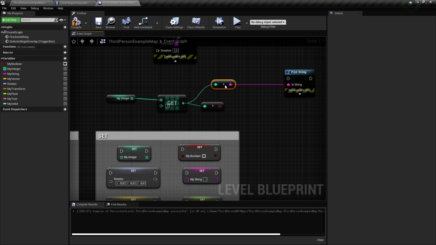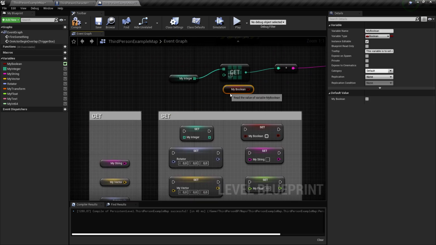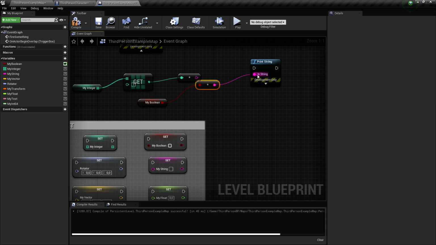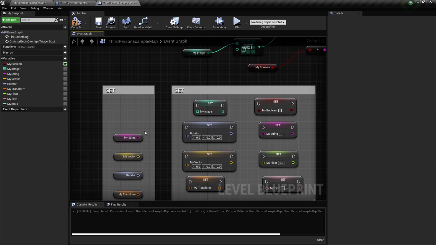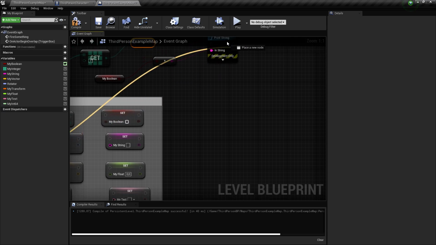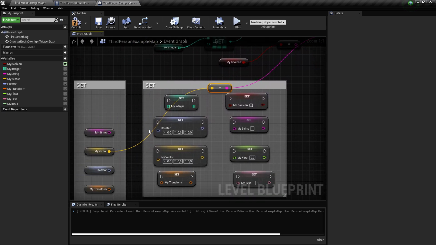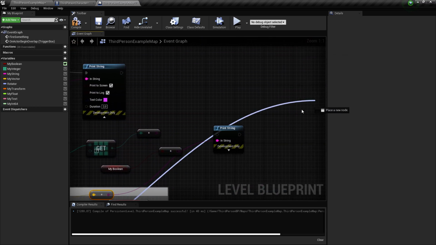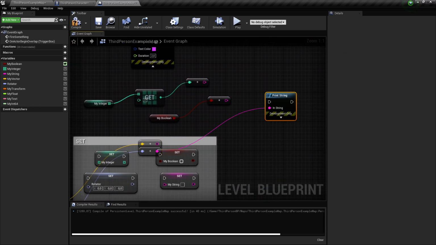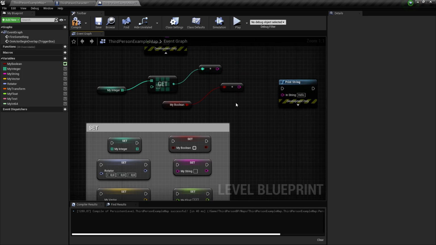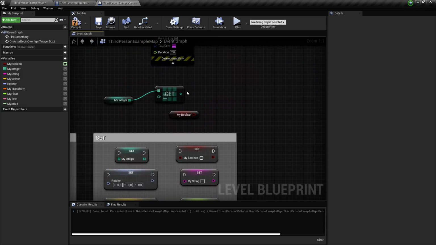So it converts automatically my integer to a string. It's kind of useful. You can get it from basically every kind of variable that you want. As you can see, convert vector to string, convert rotator to string, etc. I'm going to do this because it's getting kind of messy here.